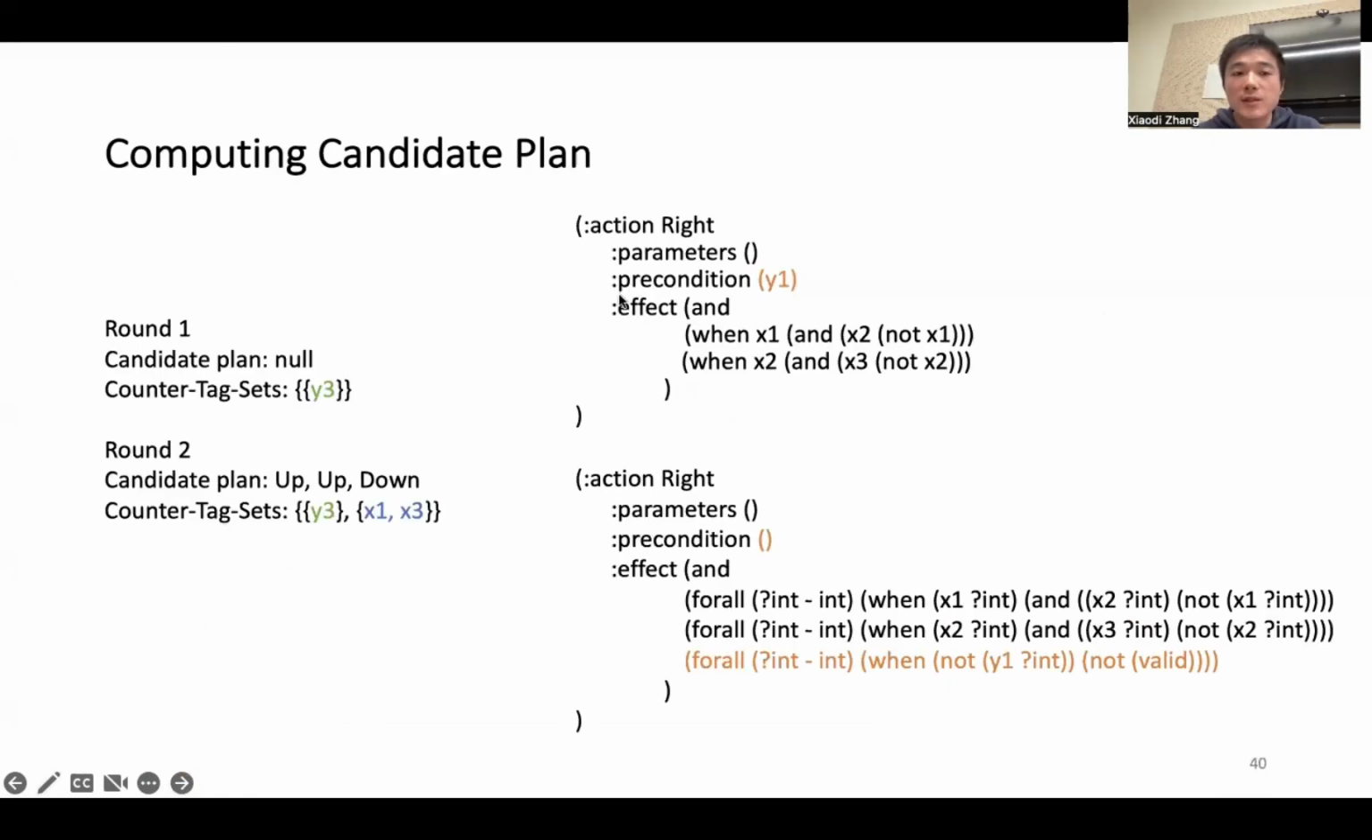These are the technical details of how we compute the candidate plan. We first remove the precondition of each action. For example, in action right, it has precondition y1. We remove it, and we add a new conditional effect. This conditional effect says that if the robot is not at y1, that's invalid. So even though we don't have the precondition, the new conditional effect makes sure that the plan must be a